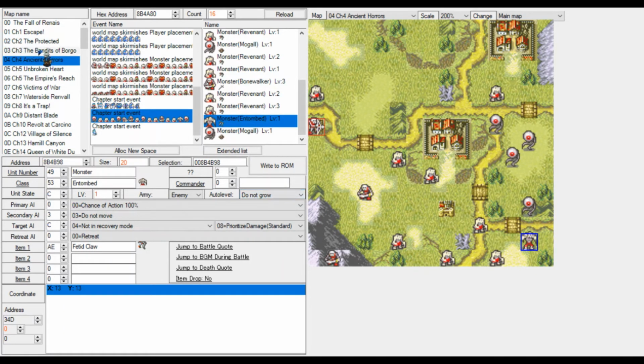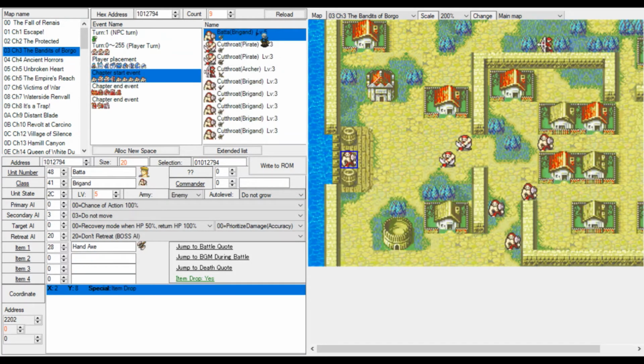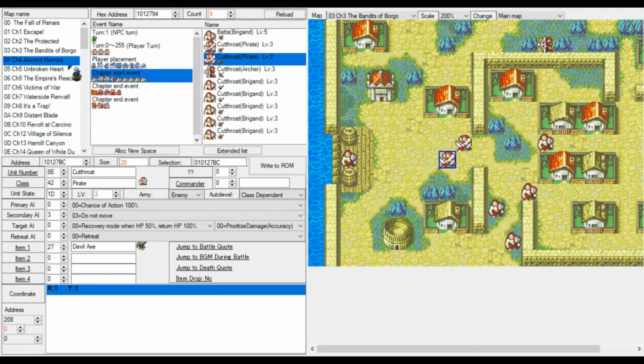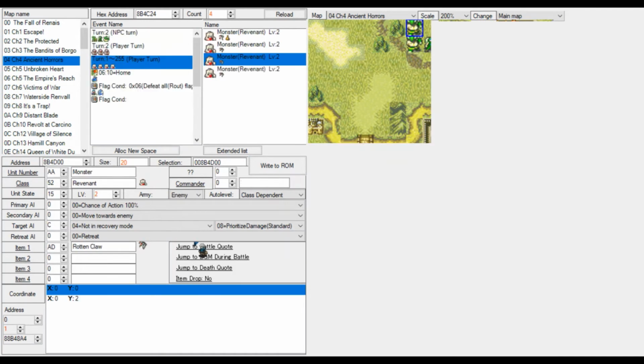So Basba, for example, or Bada in this case, is a unique brigand. That is why they have do not grow. Class dependent makes it so that they get generic stats and such. So there's that. I hope you understand all of this now.